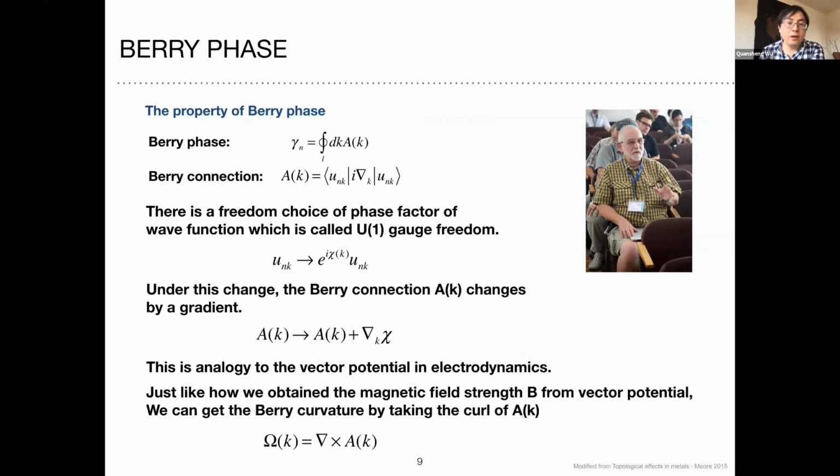Okay. Let's study a little bit more about the Berry phase. What kind of properties does it have? We know that for the wave function, we will always have a phase factor. I mean, there's a freedom of choice of the phase factor. This is called the U(1) gauge freedom. Okay. So for each k point, the Hamiltonian is diagonalized